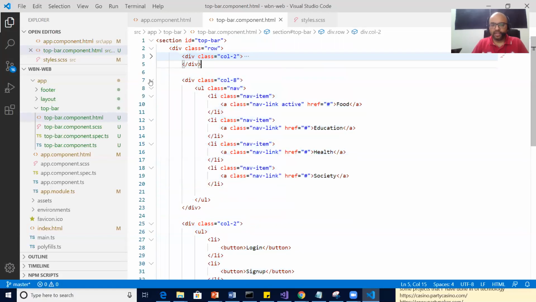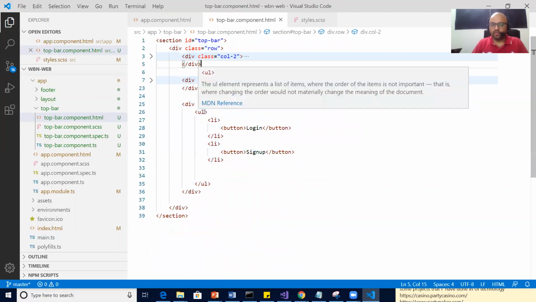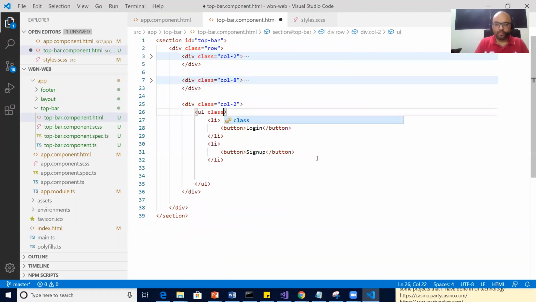So where were we? We were at this one. So now I will add a class. What should be the class name? We need to give some appropriate or meaningful class name. Say login section, maybe.